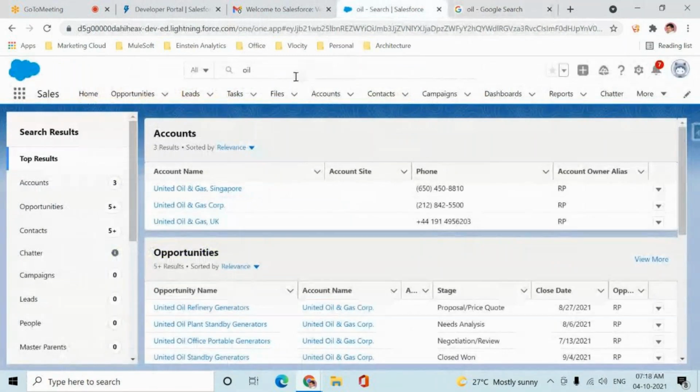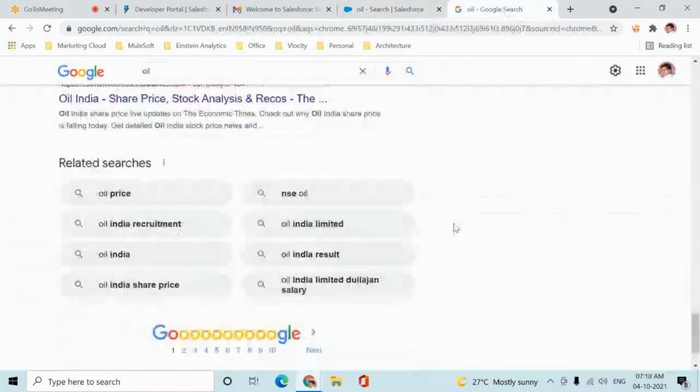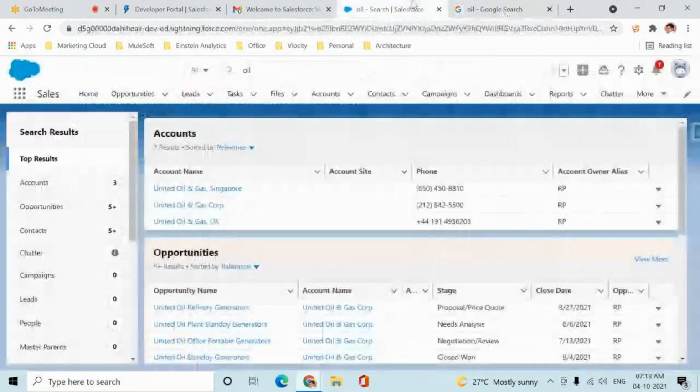Your global search works the same way. Google doesn't have any limit, so it will give me everything. But Salesforce global search has a limit. This will be limited to my organization. The world for this global search is this org that I have created. It can't search into other orgs and show me. Any questions? Anyone?